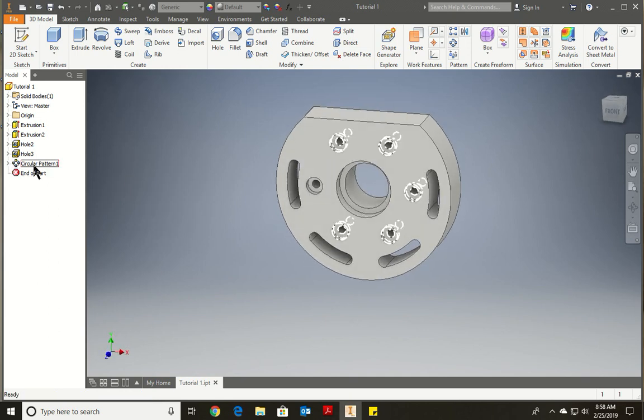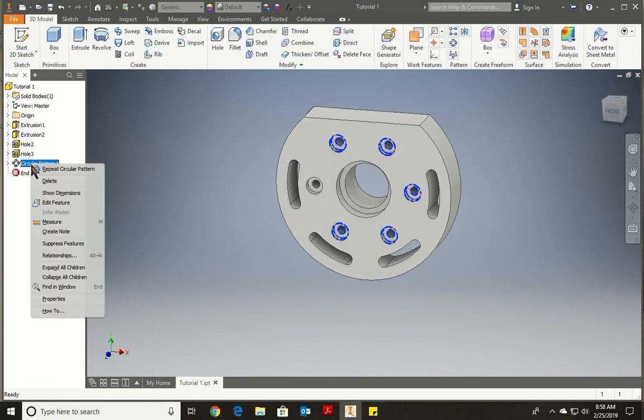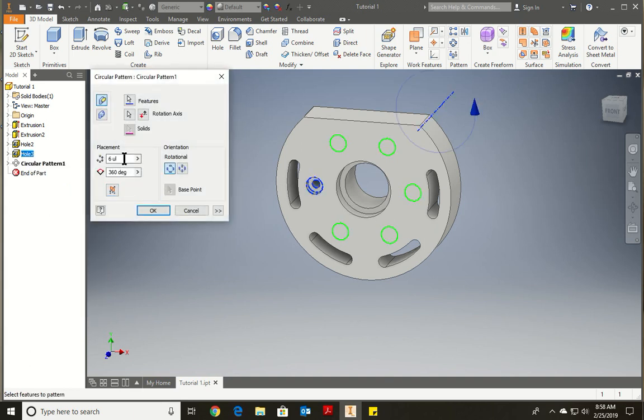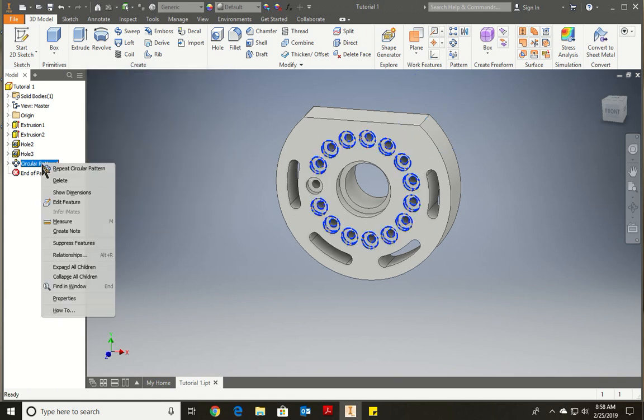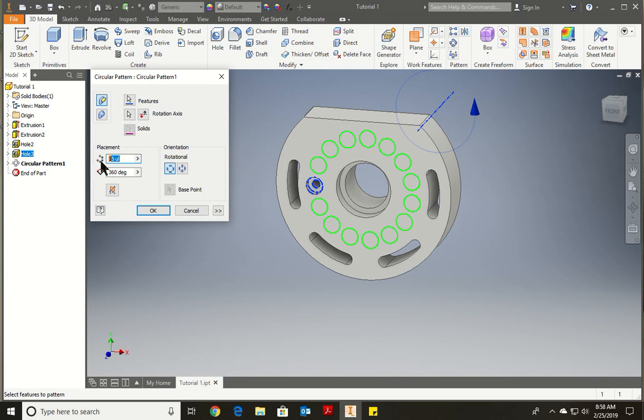If ever you decide you made a mistake and you want to add another one, right click, edit feature. Instead of 6, we're going to put 10. It shows you the preview. I could put 15, I think that's pushing it. Press OK, and I have them going in place. I could always go back, edit feature, go back to 6, and I could change the angle to 90 degrees. That probably won't work. No, it doesn't look good. Let's do 180,